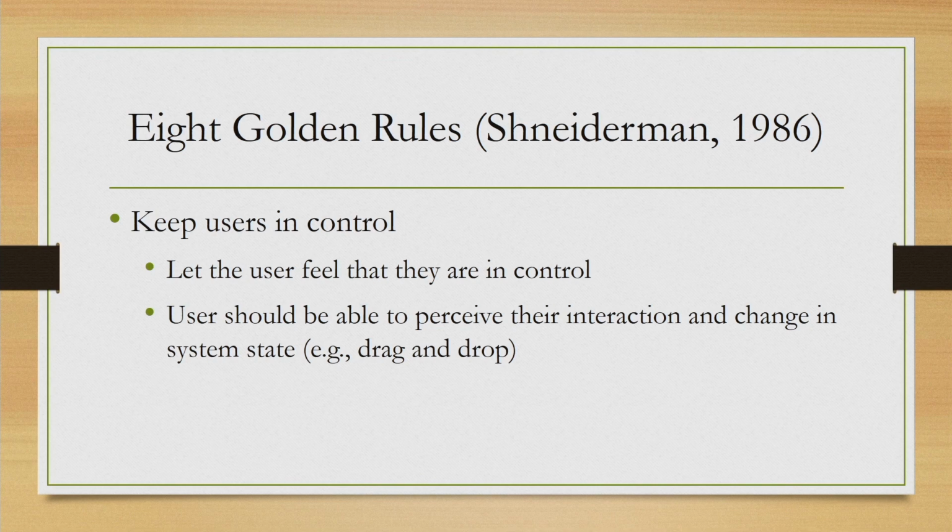The seventh rule, of course, all the rules are related to each other, states that keep users in control. So, here what we need to do is basically design in a way such that the user feels that they are in control. If the system behaves in a very unpredictable way, like you clicked on something, then nothing happened visibly, but actually inside the system something opened, that is very unpredictable behavior for the user. The user does not get to know what is happening, some surprising actions.